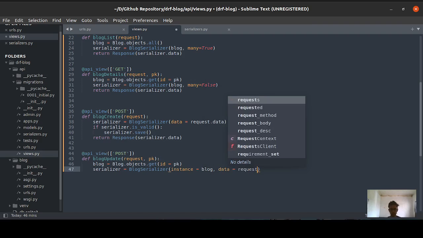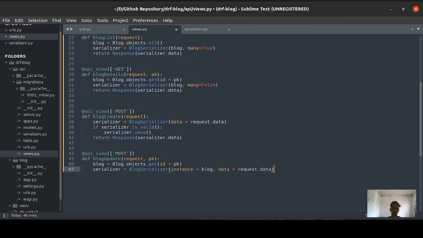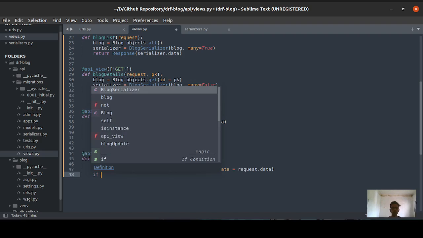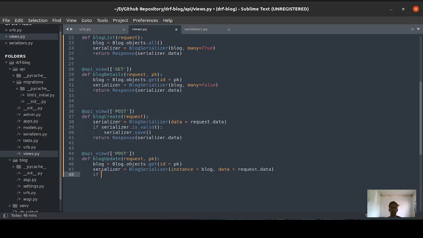The data you are getting from the post request. So we are trying to update it, so we need to replace the data that is coming from the request.